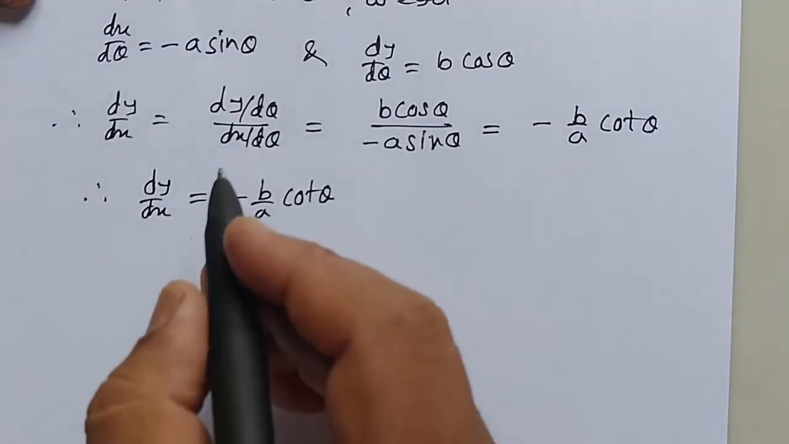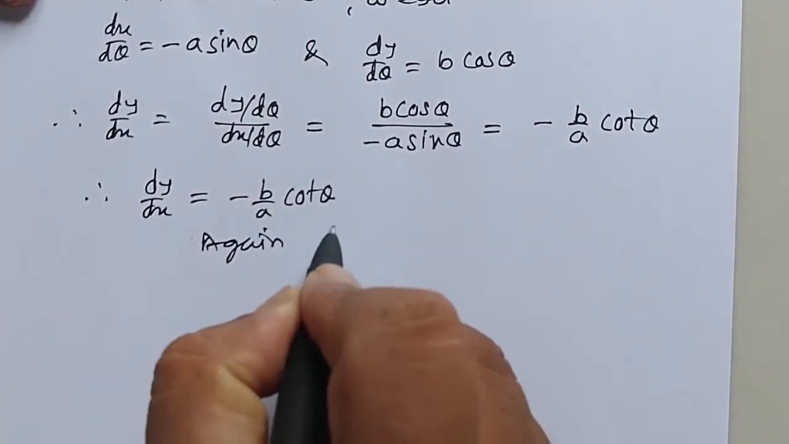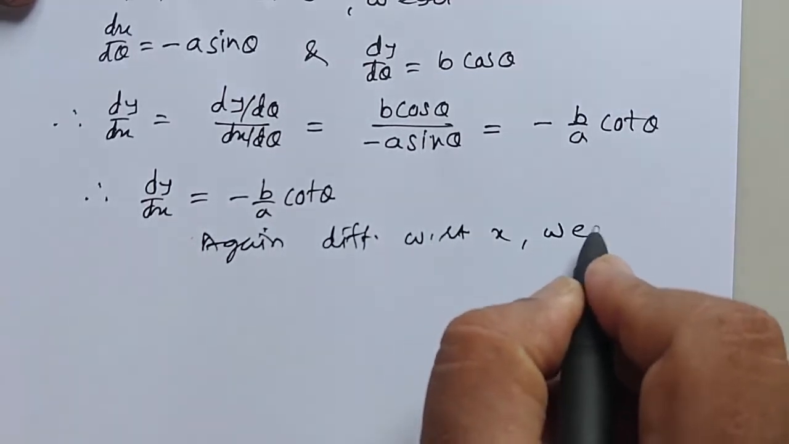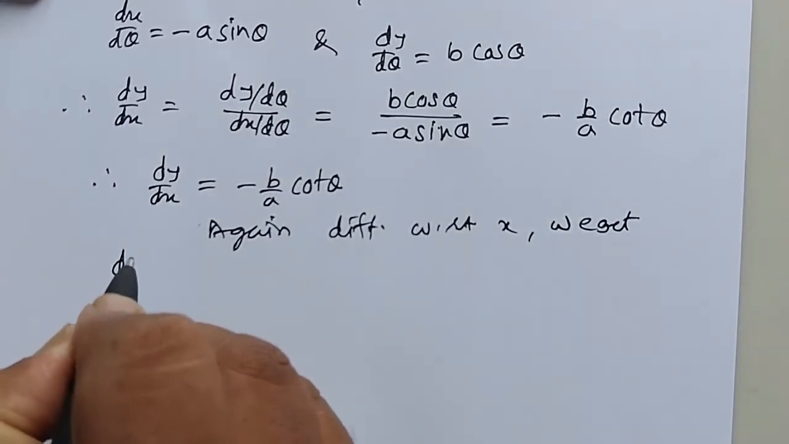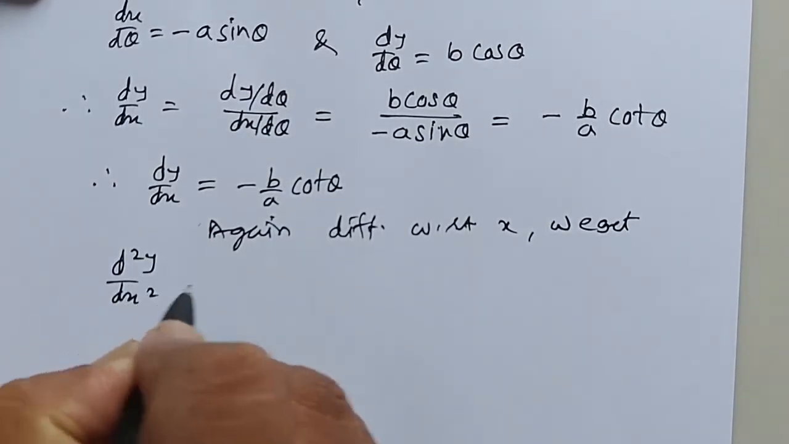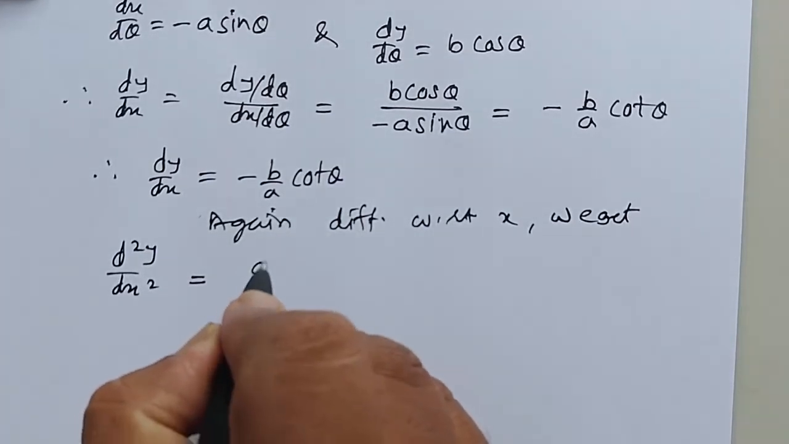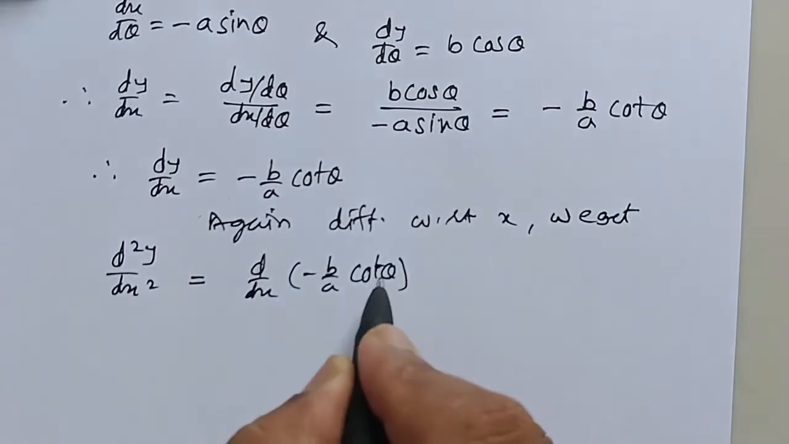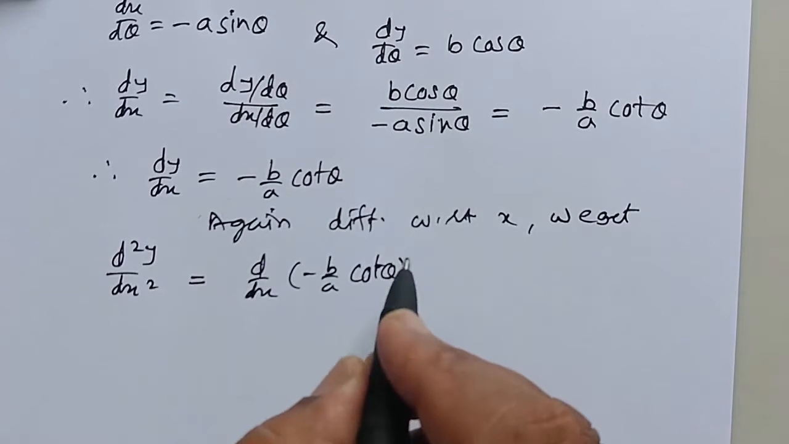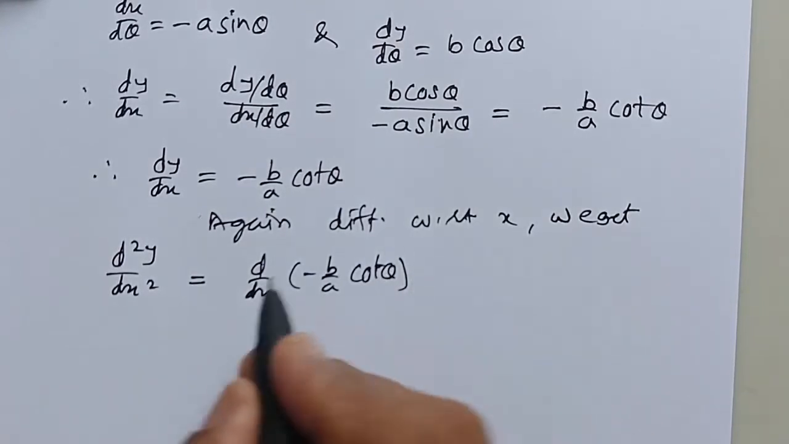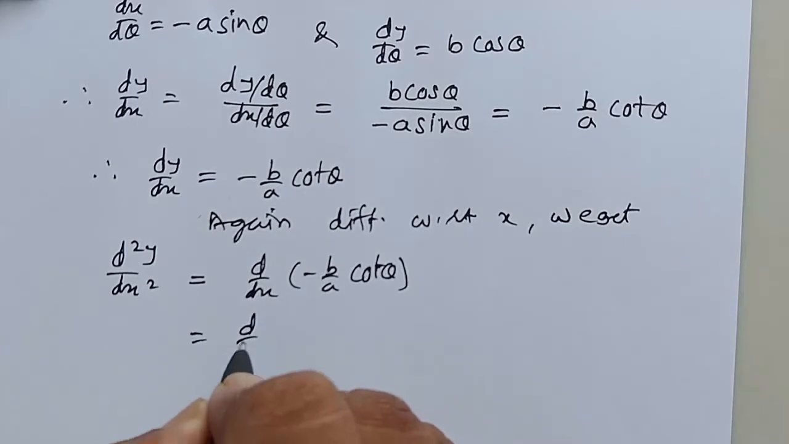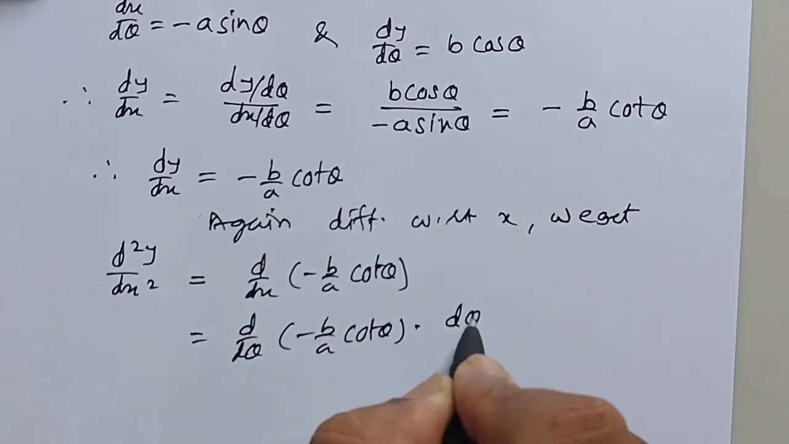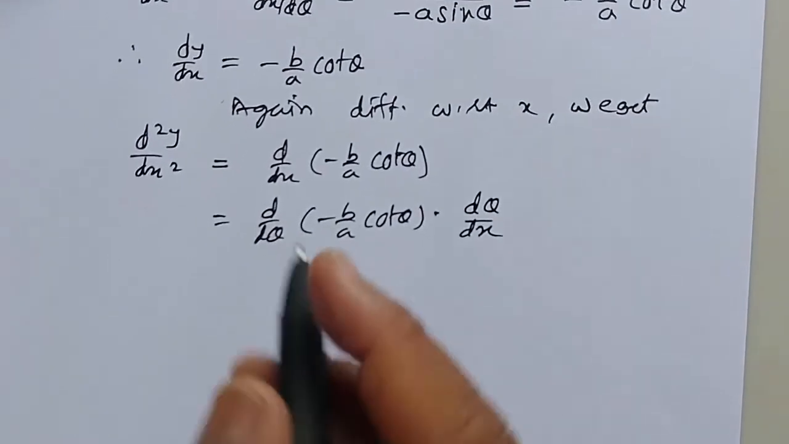Now again differentiating with respect to x, we get d2y by dx square is equal to d by dx of minus b upon a cot theta. Now theta is a function of x, so we first differentiate with respect to theta. For that I can write d by d theta of minus b upon a cot theta into d theta by dx. So this is equal to